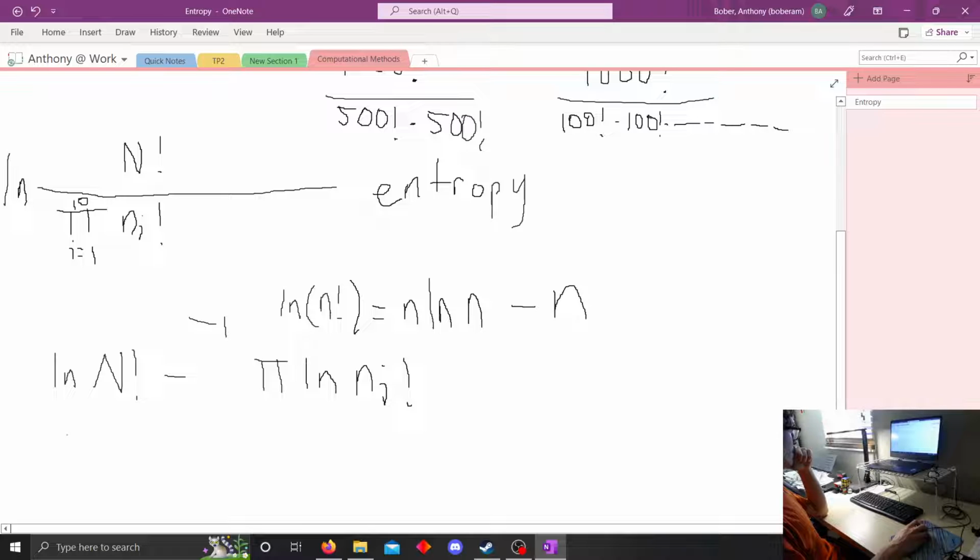So N, big N times the natural log of big N minus big N equals, and in the case of doing natural log for a multiplication, this actually turns it into basically addition, so it's just going to be a summation. So this is going to be the summation of ni times the natural log of ni minus ni. And actually, something we can do here to simplify this